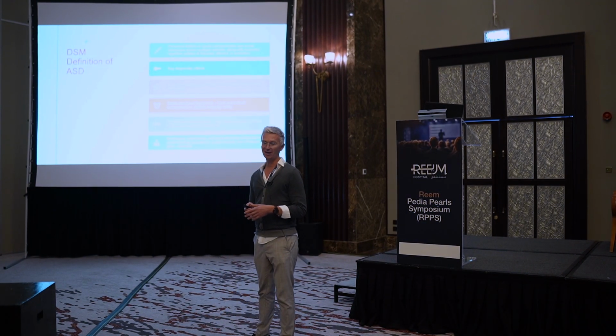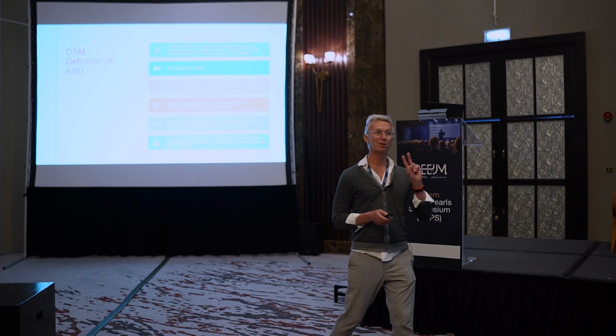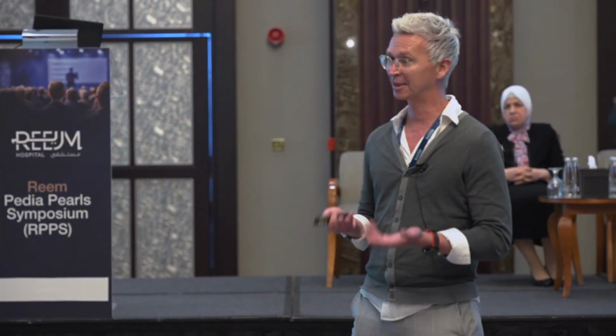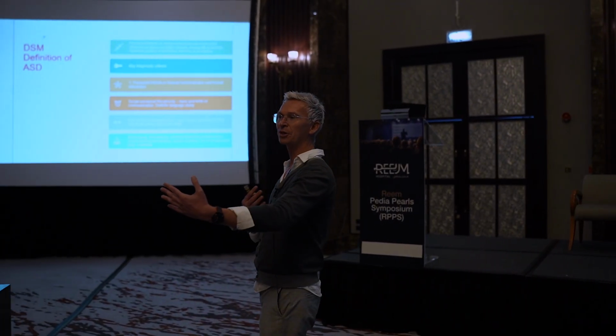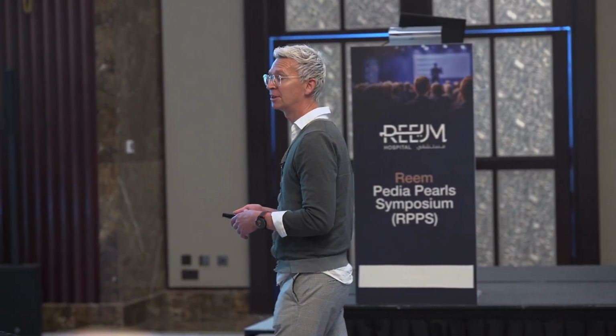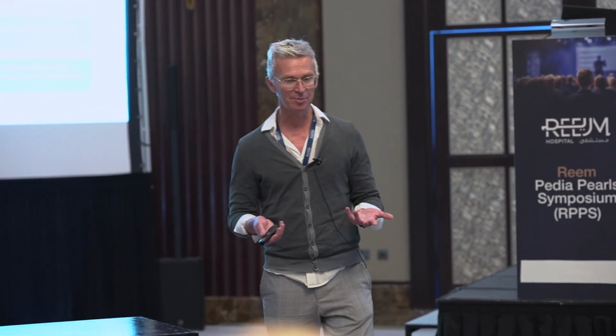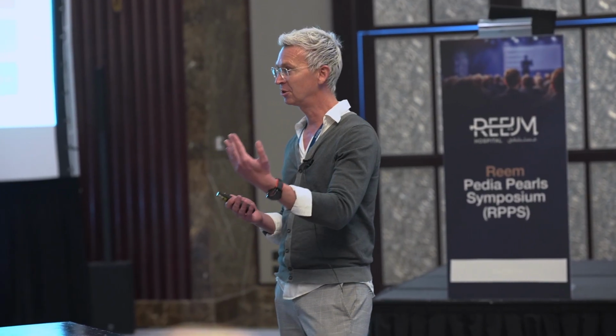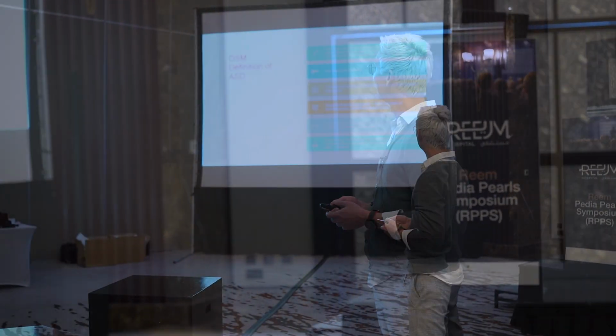So the DSM-5 says there must be two things present in order to make a diagnosis of autism. The first is social communication, and yes, it often involves speech, but it's also relating with other people. For example, sometimes we have children who have great speech ability, but they speak in the air. And that would be part of the reciprocity between you and the child.